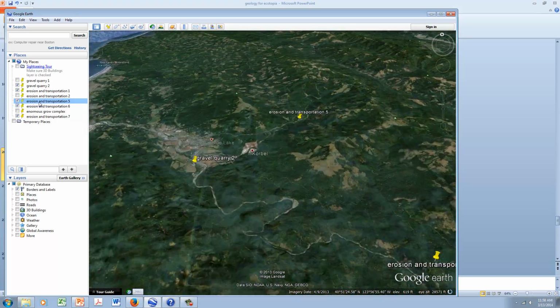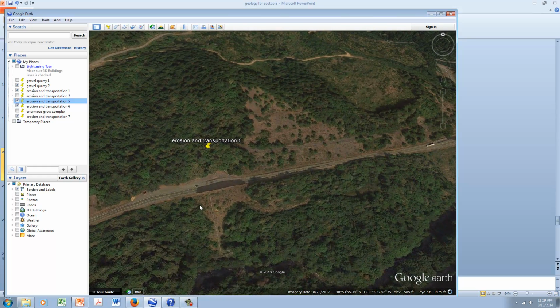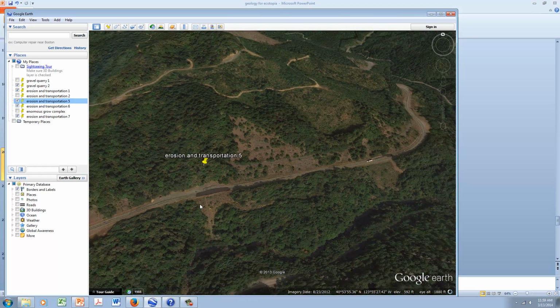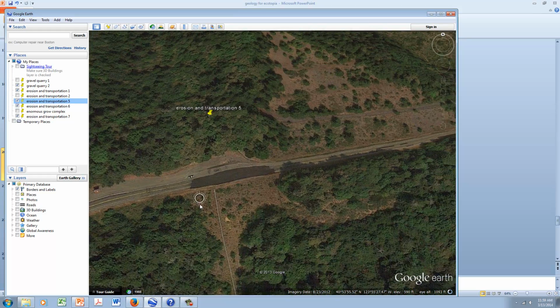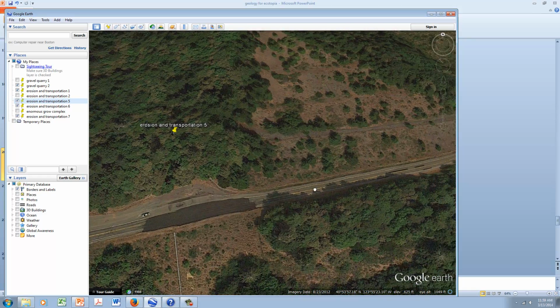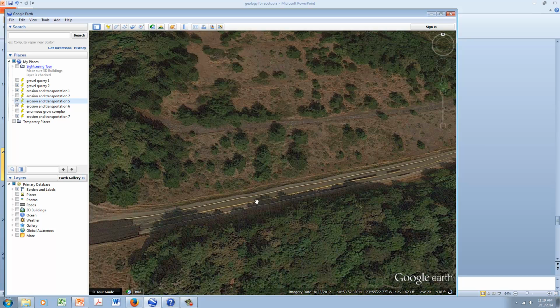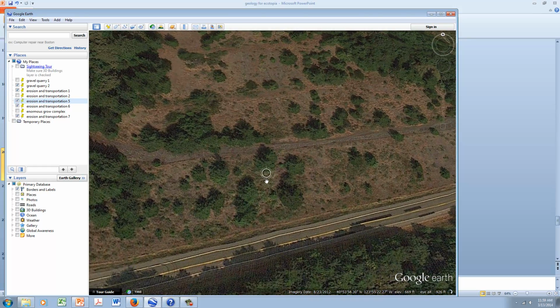Here's another one. This is Highway 299, just up out of Blue Lake. And if you've driven that, you know every now and then the road gets all wobbly and womply. It's because the road is going over an area that's geologically unstable, and it gives the highway engineers fits because the ground is moving underneath their road, and it makes the road all bumpy, and sometimes it gets wiped out altogether.